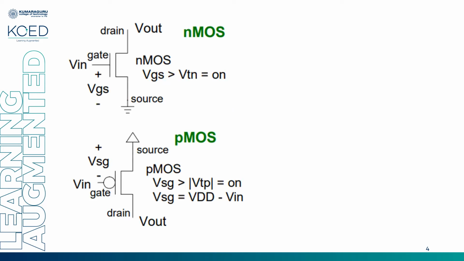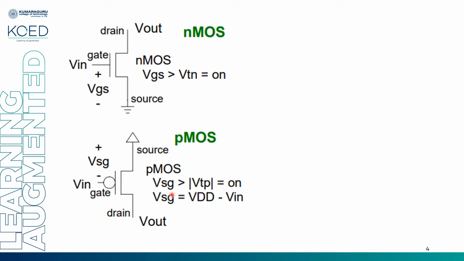So before going into the logic design style, CMOS logic design style, which is very simple, we'll be seeing how an NMOS and PMOS behave. When will an NMOS turn on? NMOS will turn on for a high value. Whenever I feed an NMOS with a logic 1 or a high value, my NMOS will turn on. To make NMOS remain in on condition, I should satisfy this rule, that is VGS is greater than VTN. Similarly, my PMOS will turn on for a lower value, that is 0.